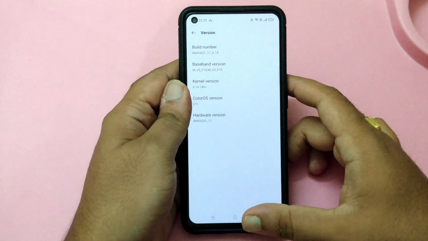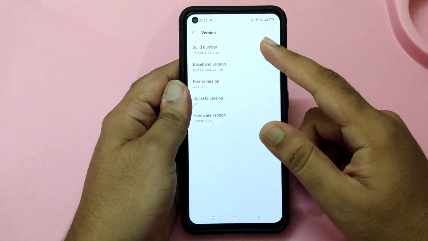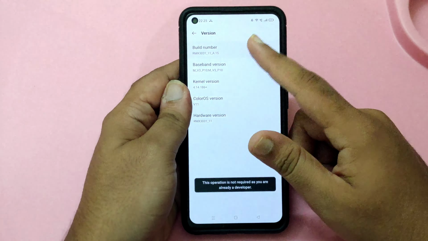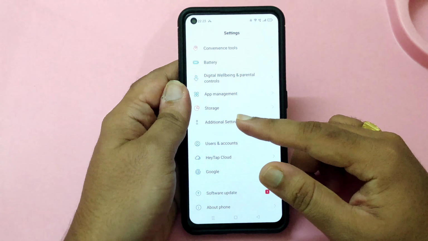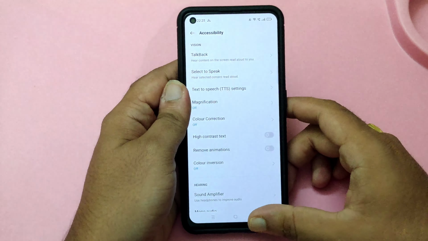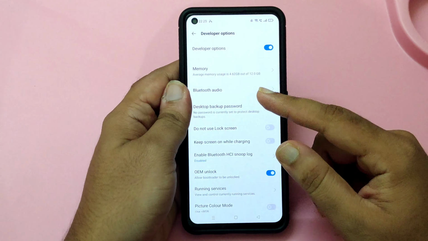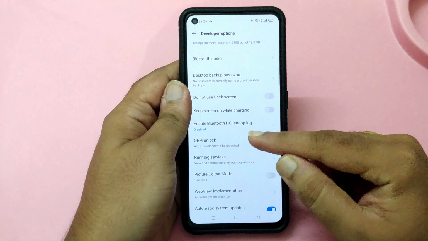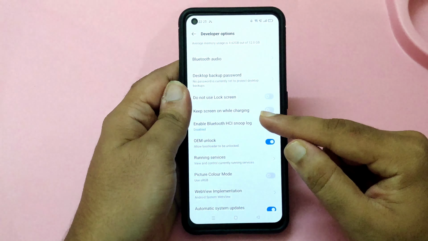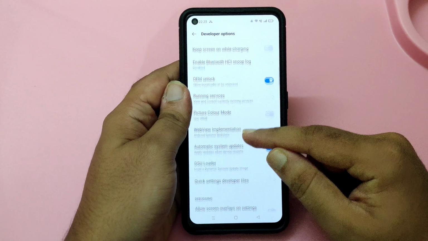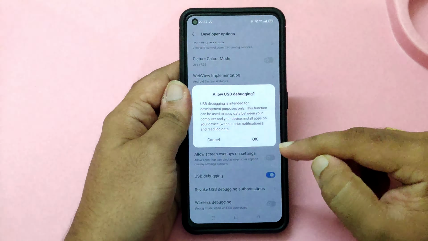and the bootloader is locked. So in order to unlock the bootloader, you just need to go to About Phone and the baseband. You need to tap on the build number several times so that the developer options will be enabled. Then go to the additional settings here and search for the developer options, and allow the bootloader to be unlocked. After enabling this, you need to restart your system, and allow the USB debugging here as well.